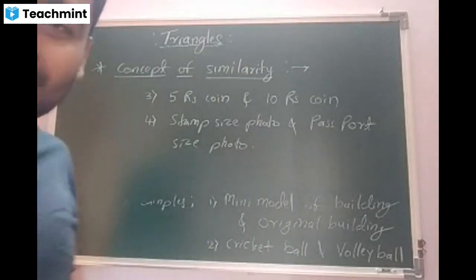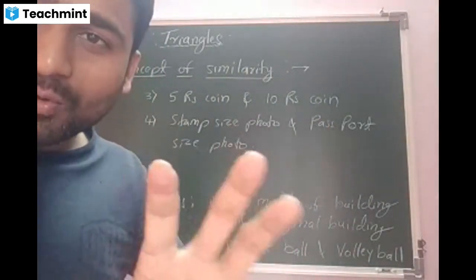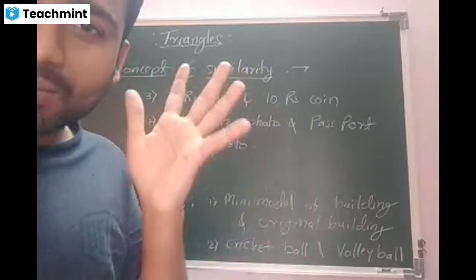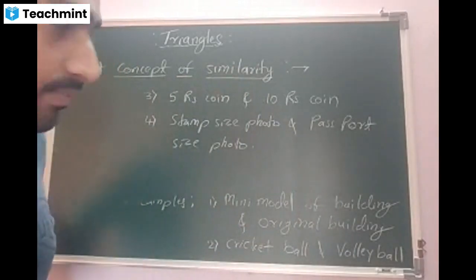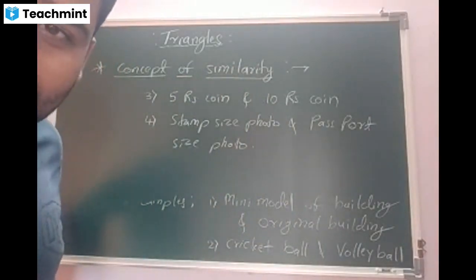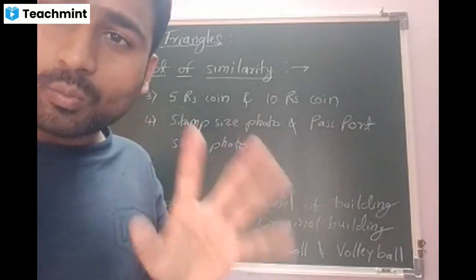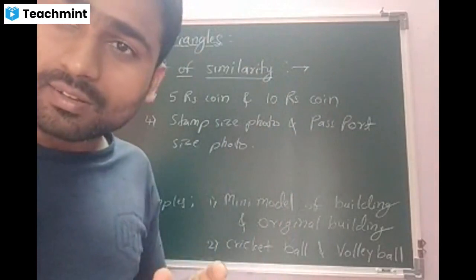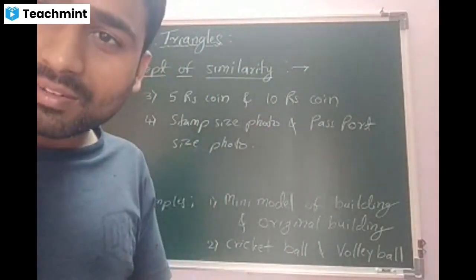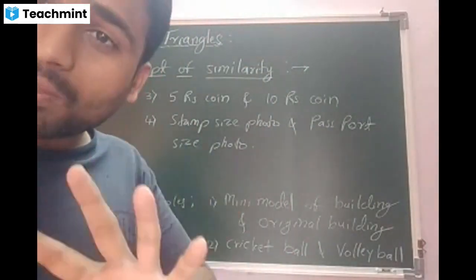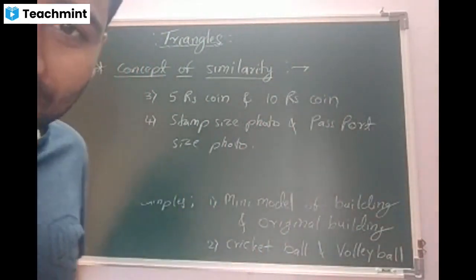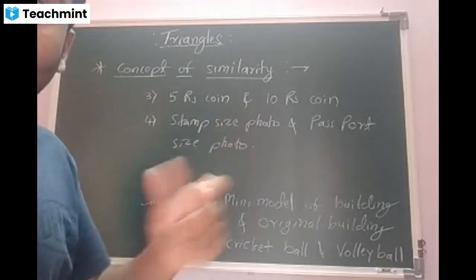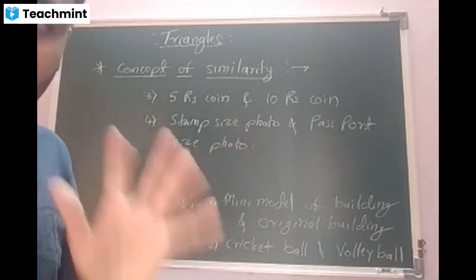Yes, sir. You cannot take the stamp size photo of Charita and the passport size of Bhagyashree and say that they are similar. Am I right, beta? And one more, Bhagyashree's photos when she was in 5th standard and Bhagyashree's photos after 25-30 years. There may be resemblance, but the shapes will have changed, beta. So we cannot say they are exactly similar according to the mathematical concepts. Clear, beta?